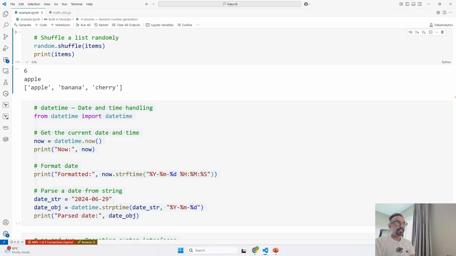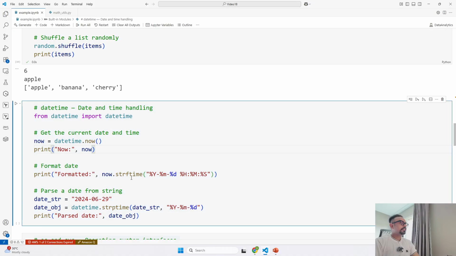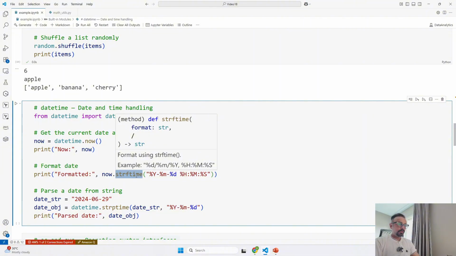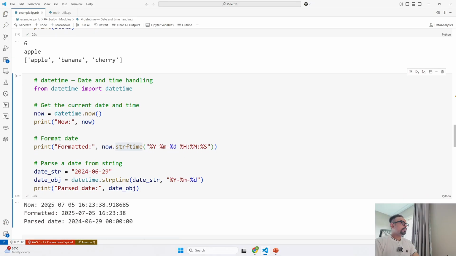Then now.strftime, the other one, that is strftime. So it calls the strftime method for the datetime class, and it formats your date and time into a string in a nice format, that is year, month, date, hours, minutes, and seconds, which is very easy to read. So if I go ahead and run it, you will see first when we ran